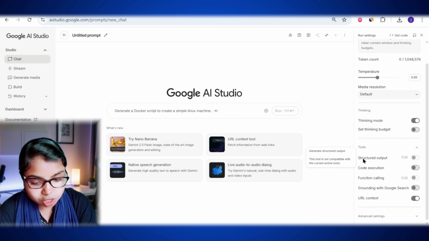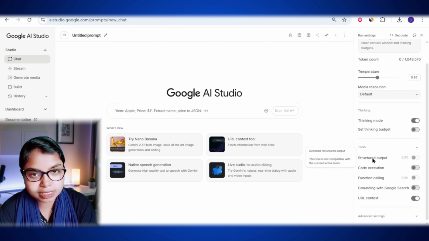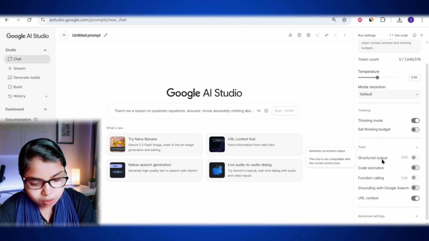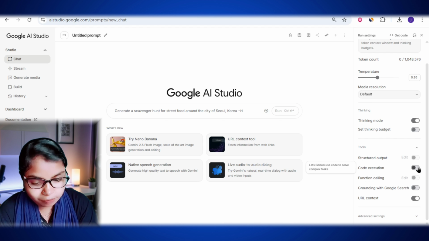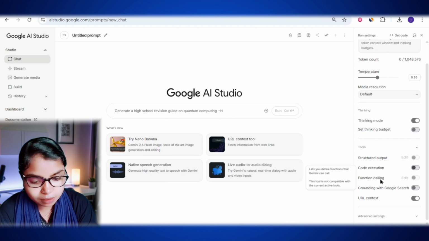For example, structured output ensures that the AI follows a specific format like JSON or XML, and you even get an edit option to define the exact structure. Code execution can be turned on if you want the AI to directly run snippets of code. There is also function calling, which allows the AI to call external APIs or services, again with an edit option